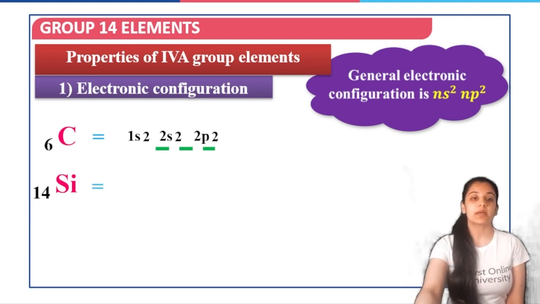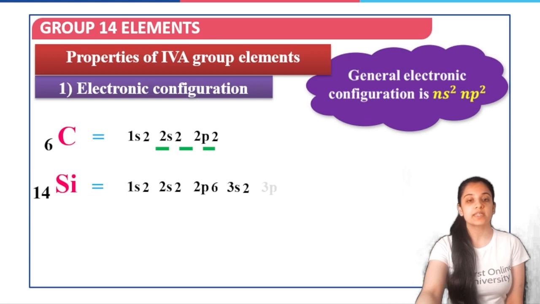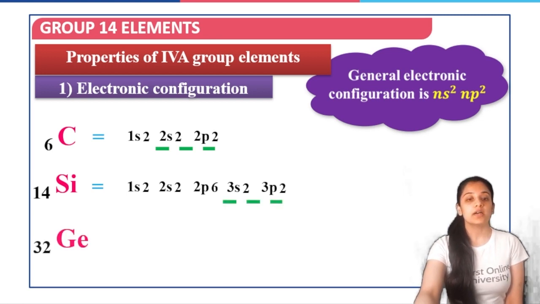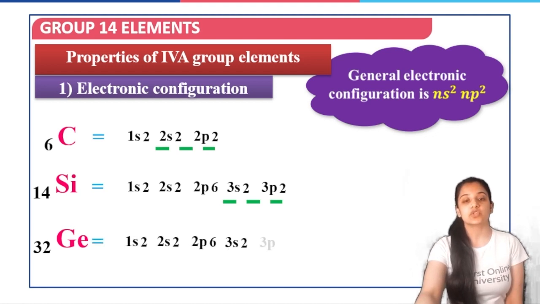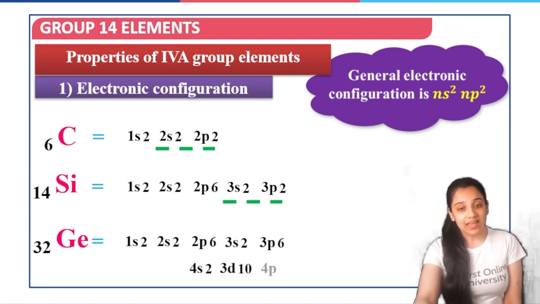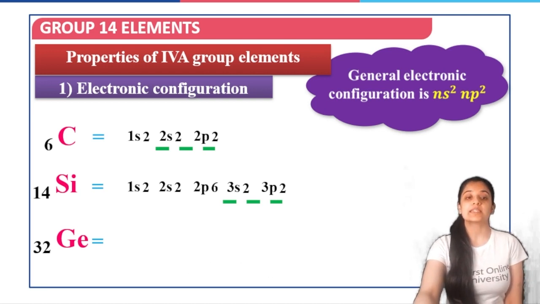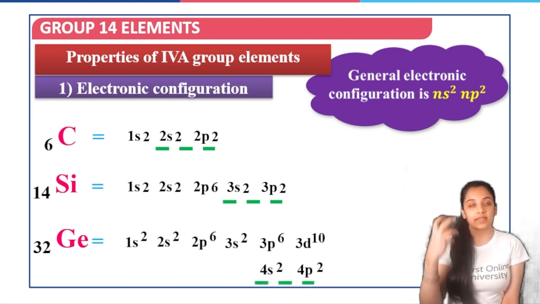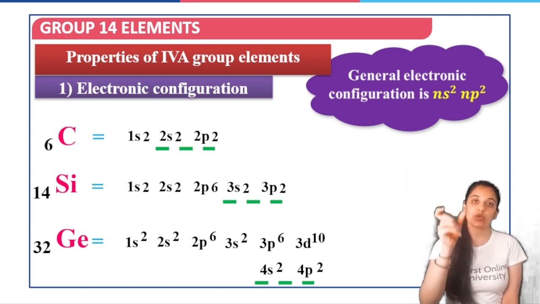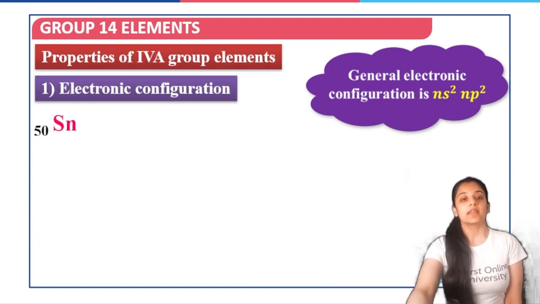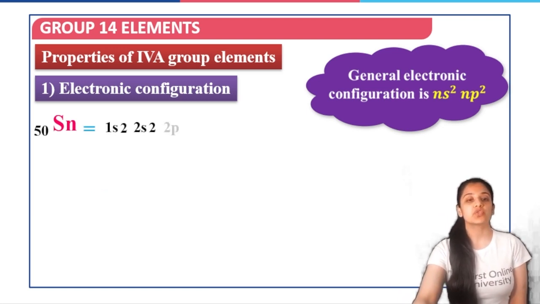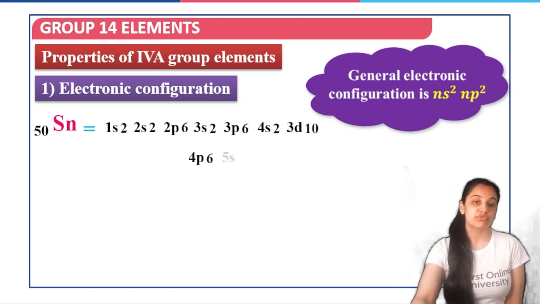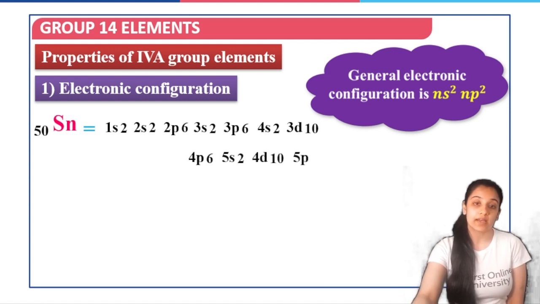For silicon, which has atomic number 14, it would be 1s2, 2s2, 2p6, 3s2, 3p2. For germanium, which has the atomic number equal to 32, the electronic configuration would be 1s2, 2s2, 2p6, 3s2, 3p6, 4s2, 3d10, 4p2. So it has d10 also in the configuration, but we consider only 4s2, 4p2. Then we have tin with atomic number 50, which would be 1s2, 2s2, 2p6, 3s2, 3p6, 4s2, 3d10, 4p6, 5s2, 4d10,